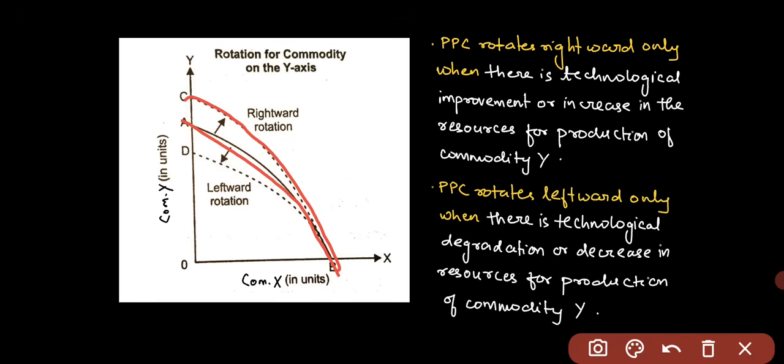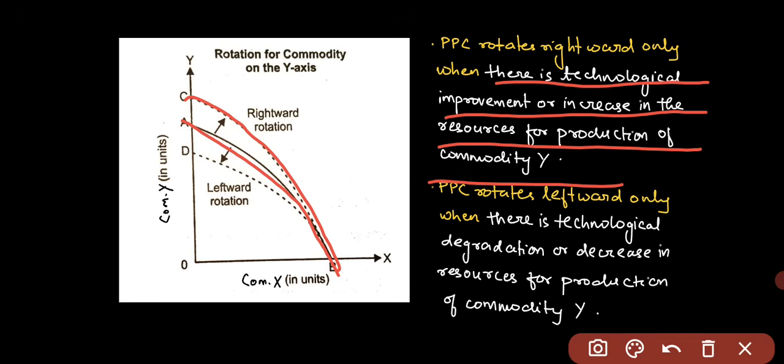Then what does it indicate? The production possibility curve rotates rightward only when there is technological improvement or an increase in resources for production of commodity Y. Okay, OY denotes commodity Y, right? So, when for commodity Y there is technological development, production technology improves, or there is an increase in resources for production of commodity Y, then there would be rightward rotation